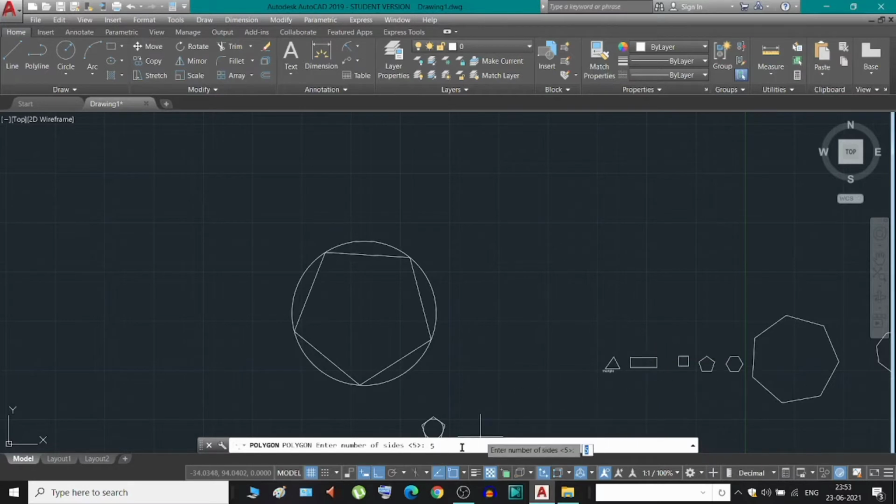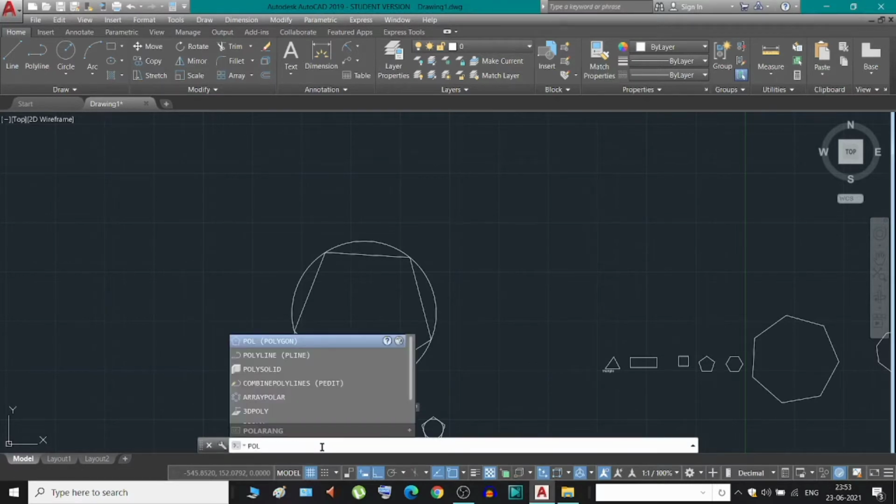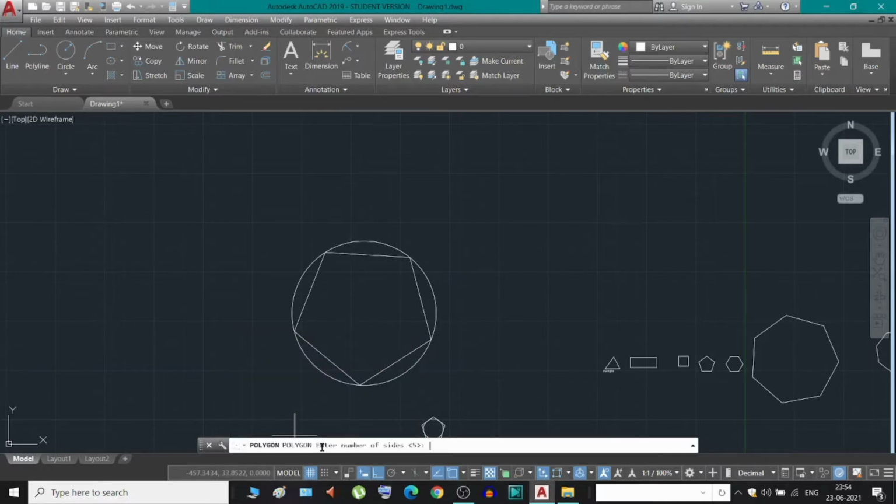So to draw a polygon, first we have to type POL. The first option that appears here is Polygon. You can click on it or just press enter. Now AutoCAD is asking to enter the number of sides of the polygon.